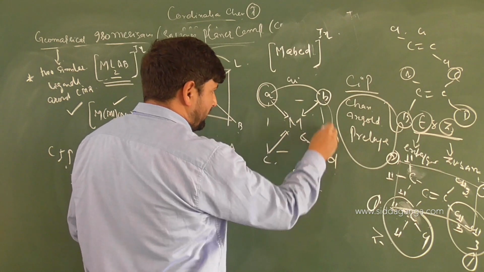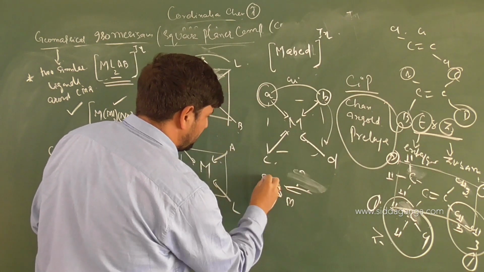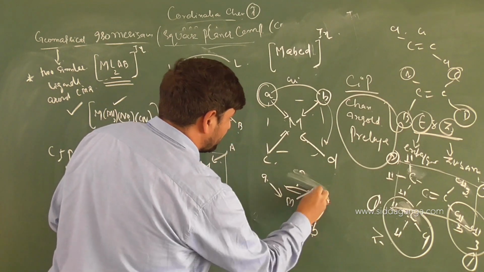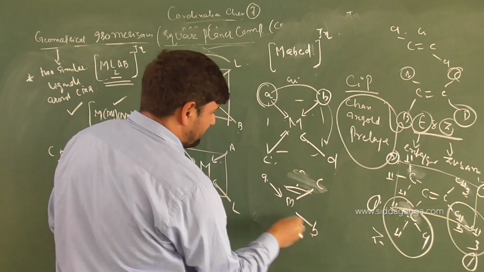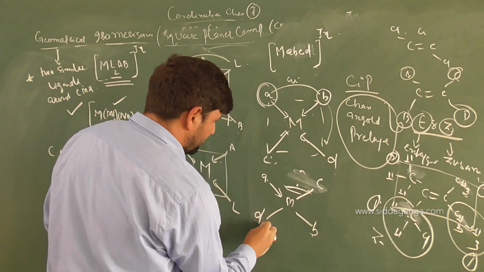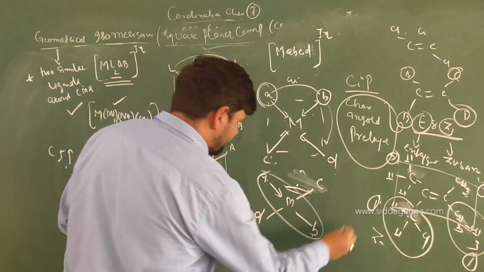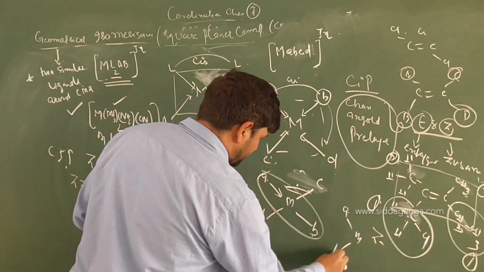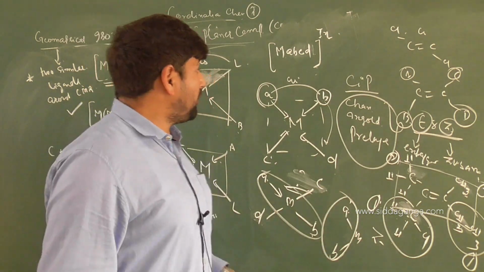Now if you rotate it, B will come here. The next one will be metal atom, A, and you will get B here. When you rotate it out, C will come here, B will come here, D will go here. Now with respect to A, B, what is it? Trans. Then when you do one more rotation, A, metal atom, and you will get B. So there will be 2 cis and 1 trans conformers possible for what? M, A, B, C, D.